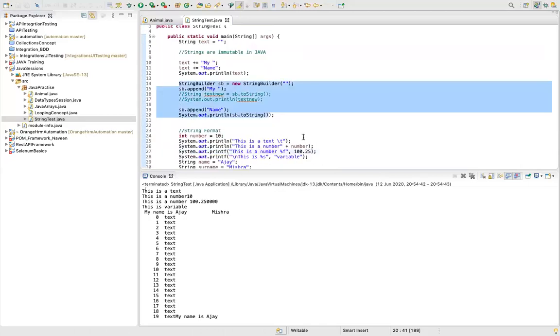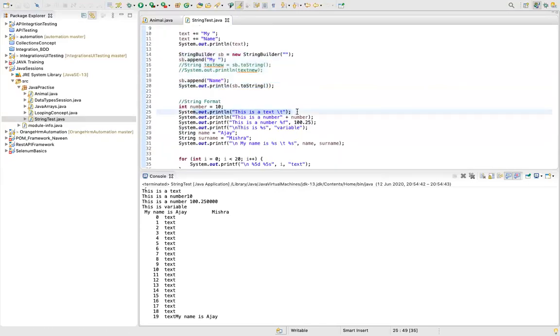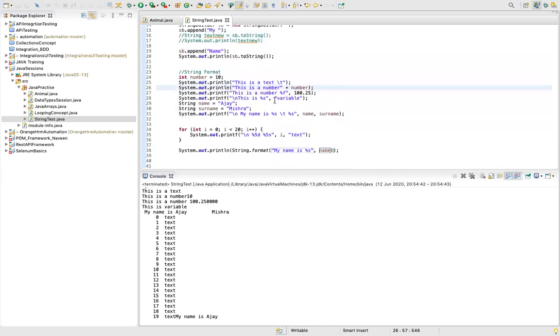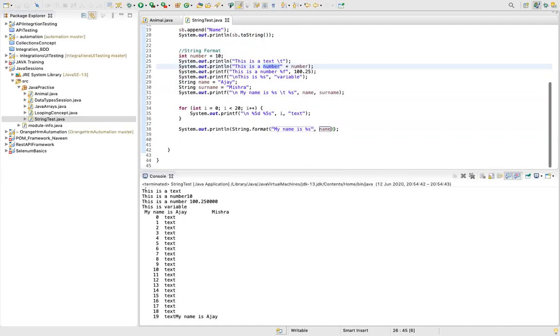So there are a couple of ways. Or you can directly use this method. There are a lot of ways. You can use this type also. This is a number, but if you want to specify a number over here, then you can use %s. So there are a couple of ways which you can deal with. We saw string builder and string format. Now